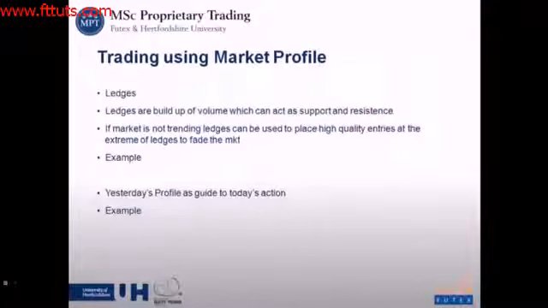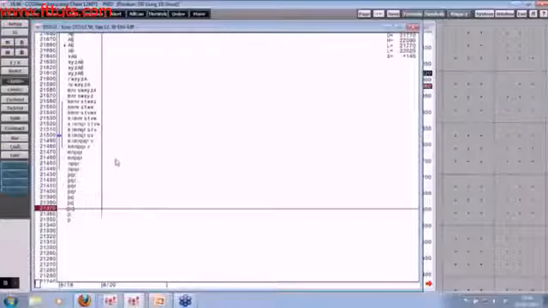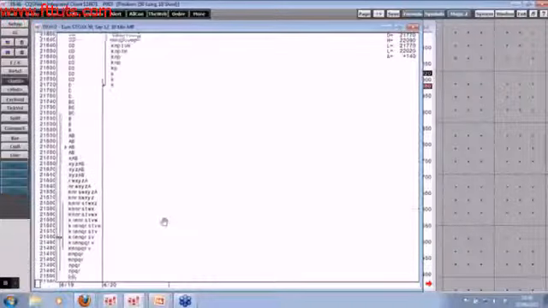Okay. I won't go through in too much detail now because I know the time's getting on. I just want to go through one quick example, but a couple of other ways of using market profile. You could look for ledges. Ledges are build up of volume which can act as support or resistance. If the market is not trending, ledges can be used to place high quality entries at the extreme of ledges to fade the market. Okay, a quick example of a ledge, what I mean is just a build up of